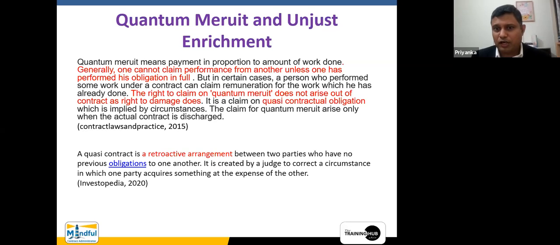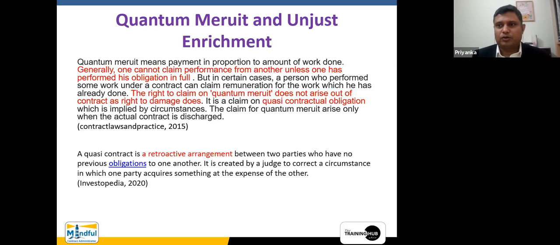It is a claim on quasi-contractual obligation. I think you might have heard of this quasi-contract. It is an arrangement between two parties who have no previous obligations to one another. It is created by a judge to correct a circumstance in which one party acquires something at the expense of the other. So this is some legal terminology, which I don't want to go into more depth,